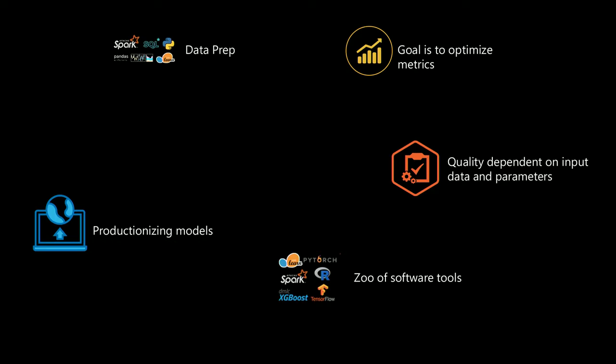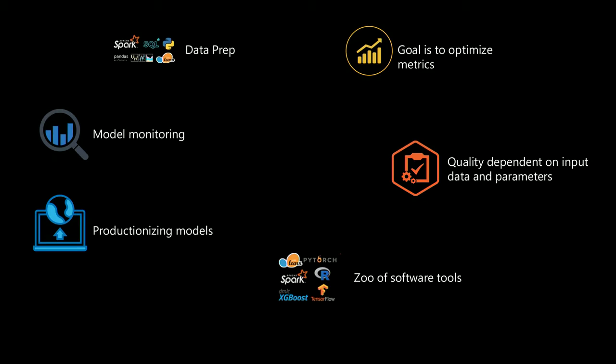Now, this is the easy part. Once you have a model, the tough part is how do you then productionalize it? How do you deploy it into production? How do you manage your models? How do you deploy it to different surface areas? How do you deploy it to the cloud? How do you deploy it to the edge? You might want to deploy it in your database, for example. So how do you do all those combinations?